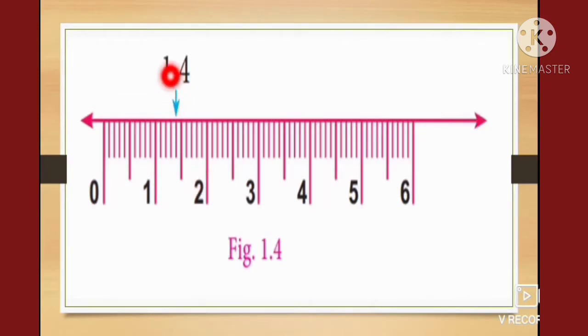Now students, let us represent 1.4 on a number line. So 1.4 has 1 and 4 tenths in it. So it lies between 1 and 2. And also here the dark line between 1 and 2 represents 1.5, isn't it? So here each small line measures 1.1, 1.2, 1.3, 1.4, 1.5. So where does the number 1.4 lie on the number line? Here, before 1.5. So 1.4 lies at this point.